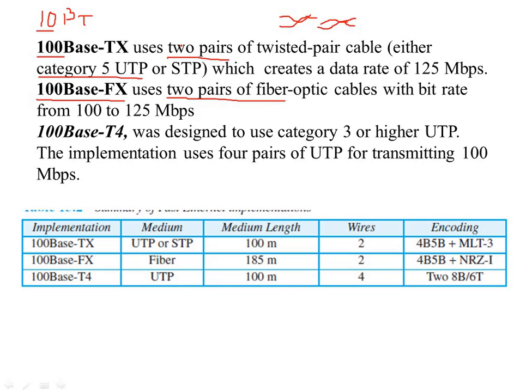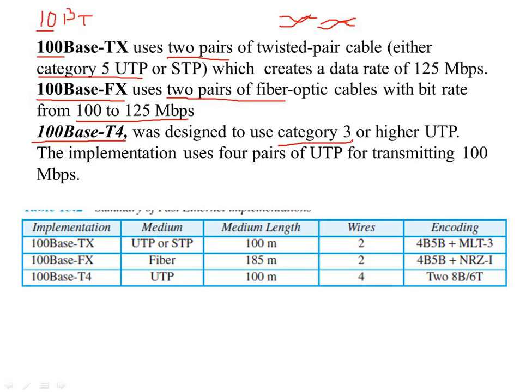So the implementation is of 2 pairs, right? So 2 pairs of fiber optics are utilized, and the speed you can get is 100 to 125 megabits per second. Now there is one more cabling technique, 100 base T4, which uses a